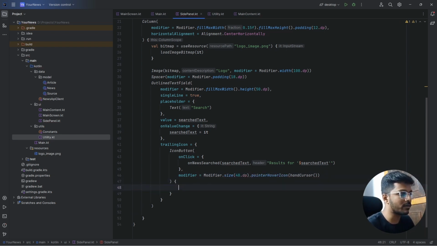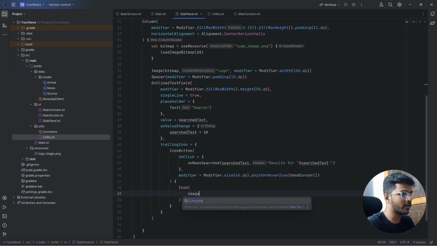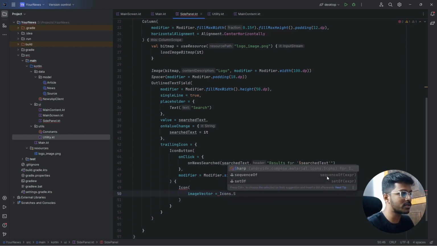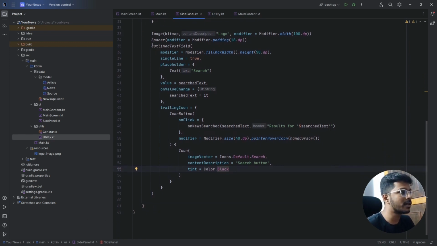And after that, what we have to do is provide the icon for the icon button. We're going to say image vector, and we are providing the search icon, default search, content description as search button, and tint as color black. Okay. Now this creates the search